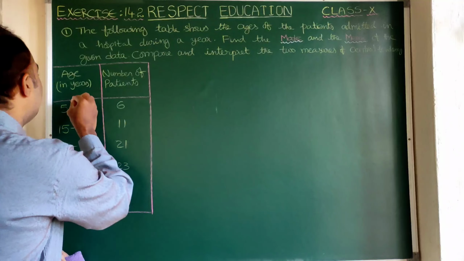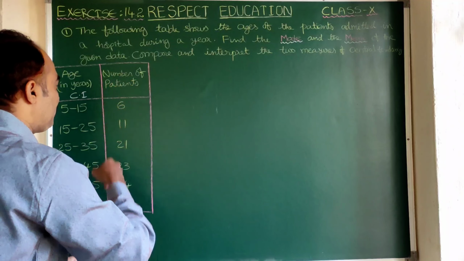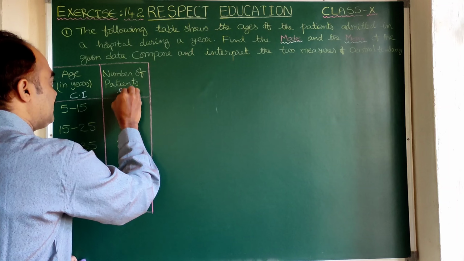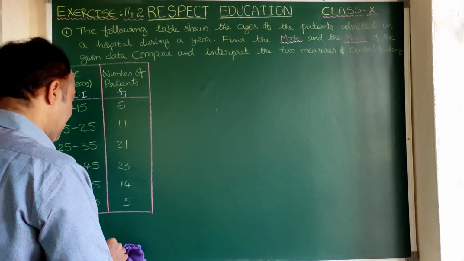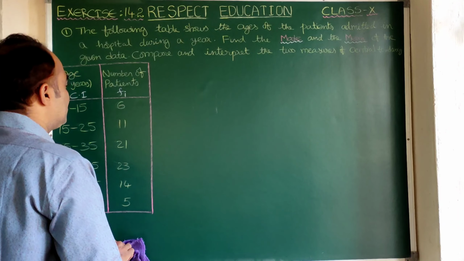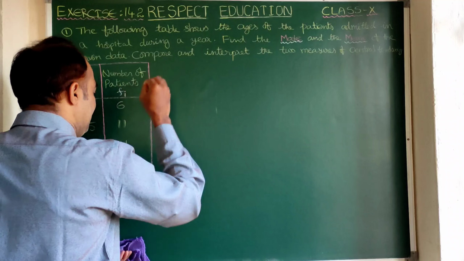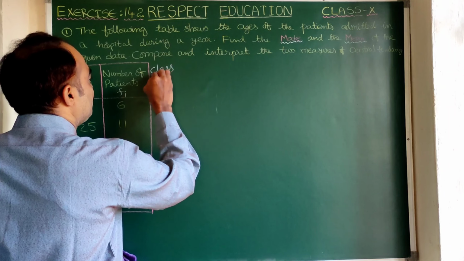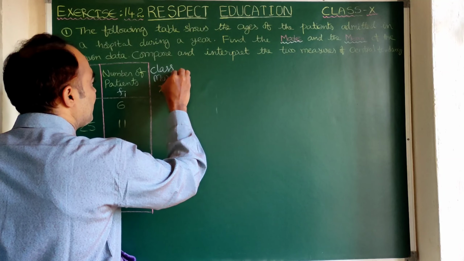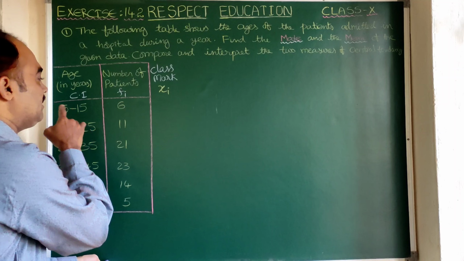Clear? So here these are called class intervals. So Ci, number of patients admitted by frequency, that is Fi, right? Now here what to be found now? Xi is to be found now. So let us find here Xi. Xi is nothing but class marks. Let us write class mark. Finding Xi is just finding the midpoint of these values.